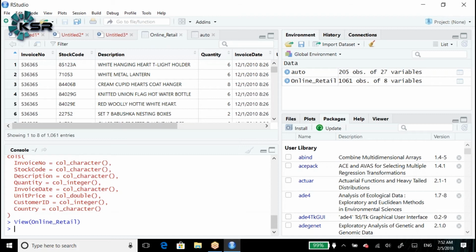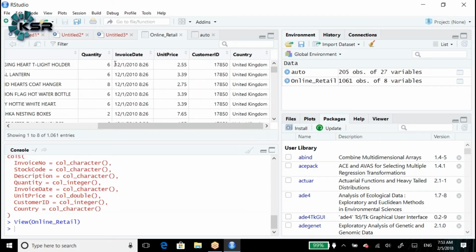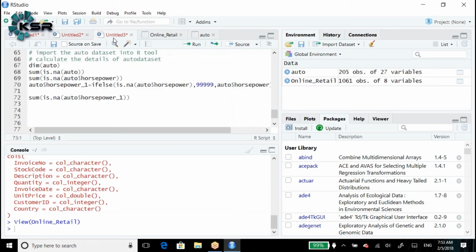Okay, is it clear? Now here we have the quantity variable. Let's find the minimum quantity and the maximum quantity. Based on that we can create a condition.